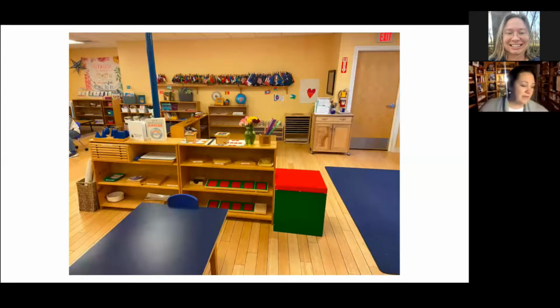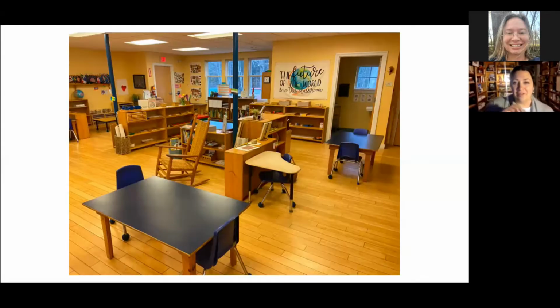We have bathrooms. Oh, I meant to tell you that on the first one. So I just wanted to say, we pay a lot of attention to their needs in terms of needing to eat, needing to take care of themselves in the bathroom, washing their hands. And so all of those things are also part of our environment. We have 2 bathrooms in the class. We do a lot of work talking about